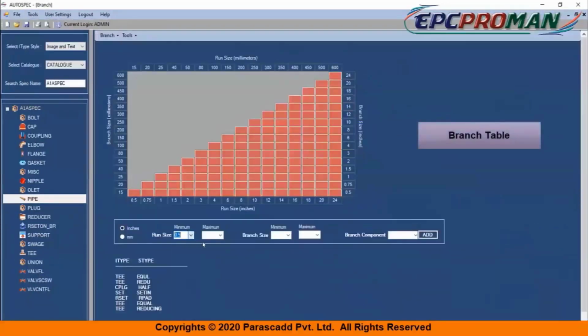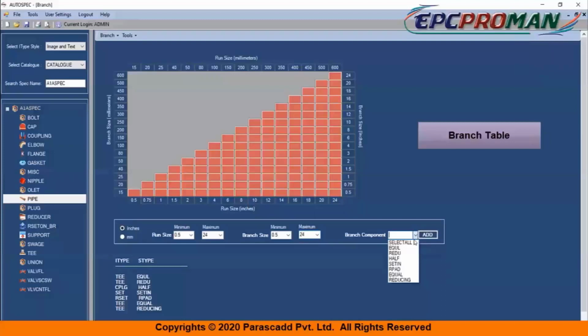So select the minimum run size, select the maximum run size, then the branch sizes can be selected, minimum and maximum, and the branch component.